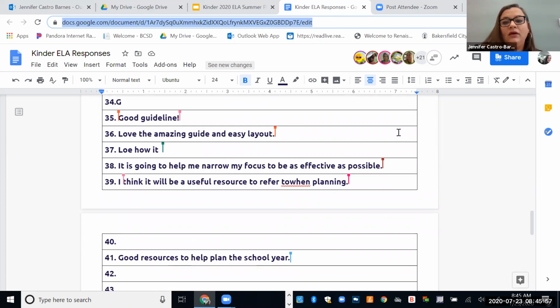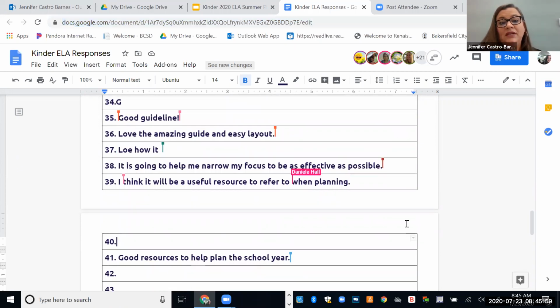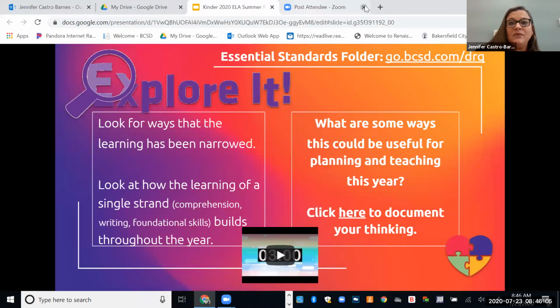Okay, well, I'm so happy to hear that it looks helpful and simple to use. So I know when I was planning some sample lessons, it was helpful for me to always come back to that and think, is this getting to one of these essential standards that have been called out? And so it was helpful in that way. All right, so as you're finishing that up,